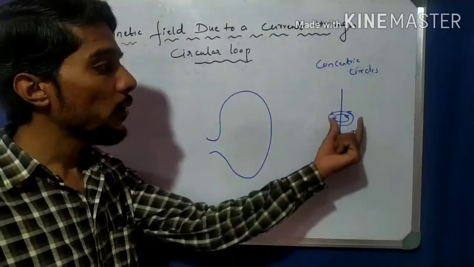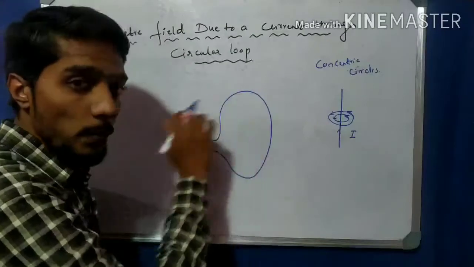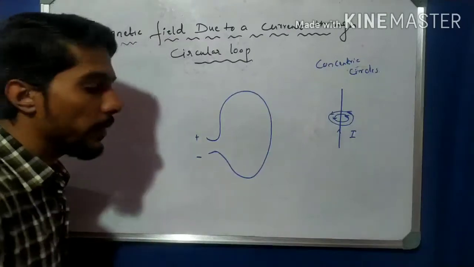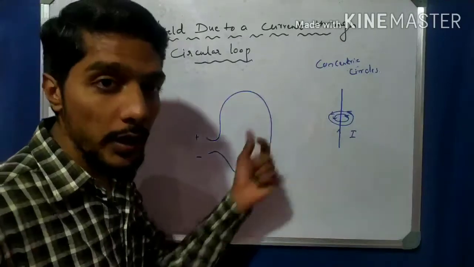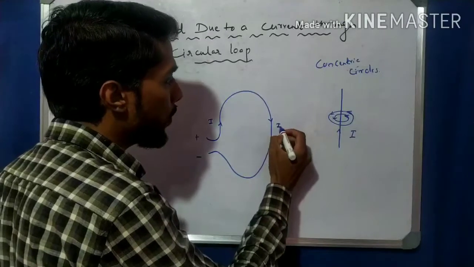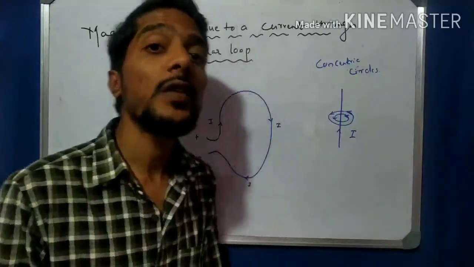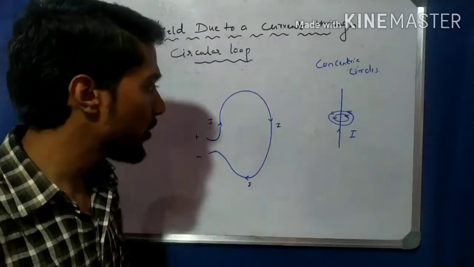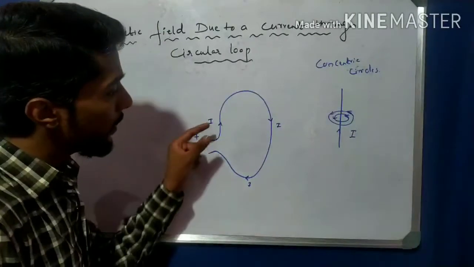In the straight conductor, concentric circles are produced in the magnetic field, so what happens in this case? This is the circular loop, and I can mark this as the plus terminal and this as the negative terminal. These are the two terminals of the circular loop. We know that the direction of the current is from the plus terminal to the negative terminal, throughout the loop. In the electricity chapter, we learned that the direction of the current is opposite to the direction of the electrons; this is conventional current. So conventional current flows from the plus terminal to the negative terminal. Now we know the direction of current.